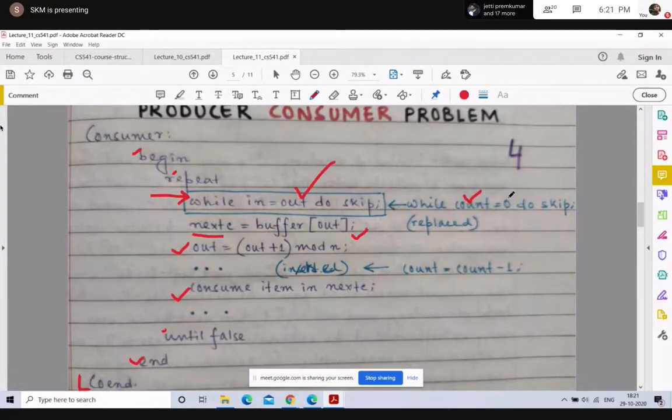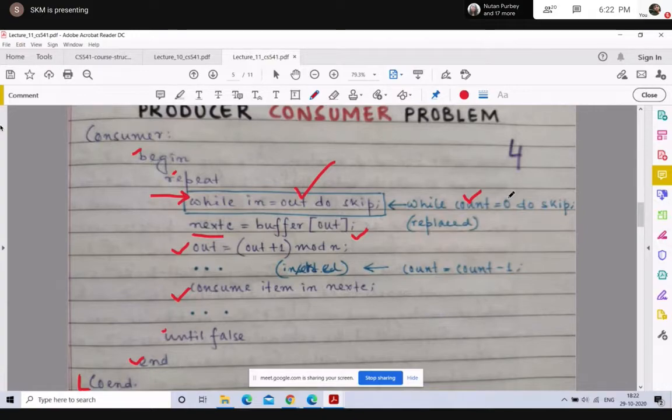The regions wherever a shared variable has to be modified, that region has to be tackled in a special way. I repeat, the region of the code wherever a shared variable has to be modified has to be tackled in a special way, because these types of regions are what we call the critical section. So whenever one process executes in the critical section, which is the part of the code where a shared variable is going to be modified, no other processes should be allowed to execute in the corresponding critical section.